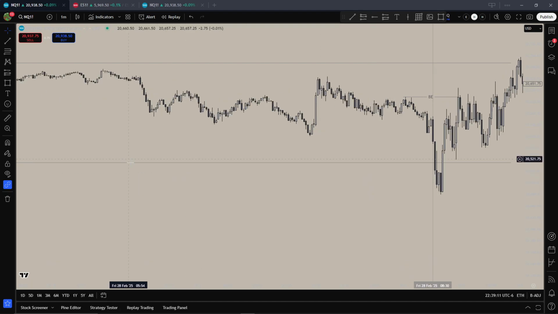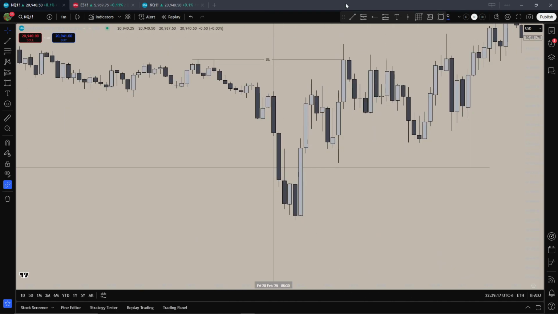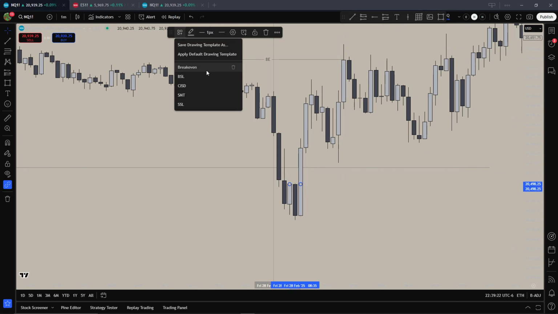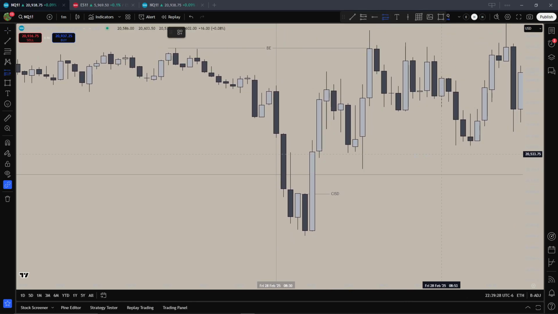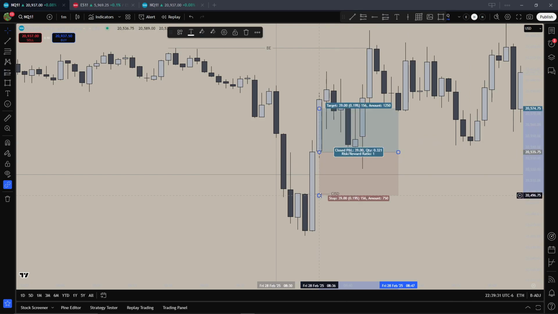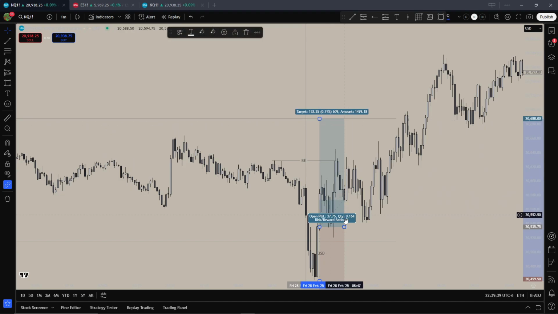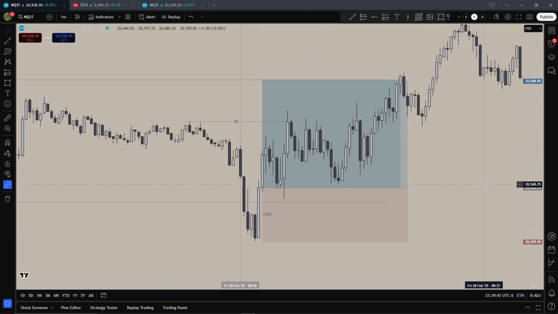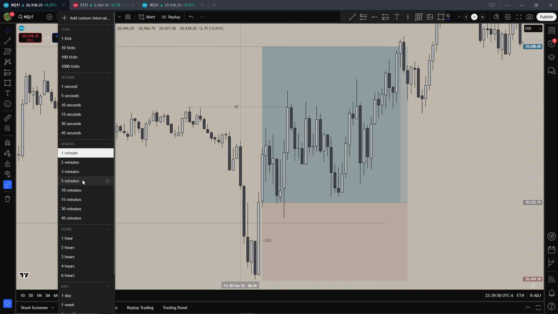I knew that we were going to come down, sweep this sell side liquidity, all of this, and once we did, we're gonna go up here, and I took longs right at this candle close, stop below here, targeting buy side liquidity. And I had break even here. I moved my stops to break even, which was good, worked out for me, because if we go to the